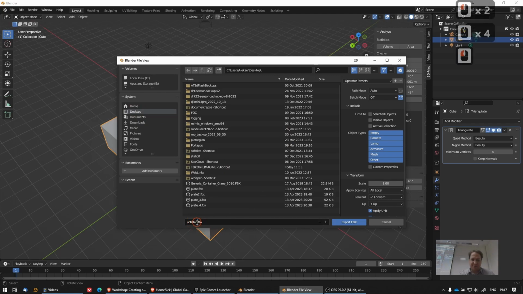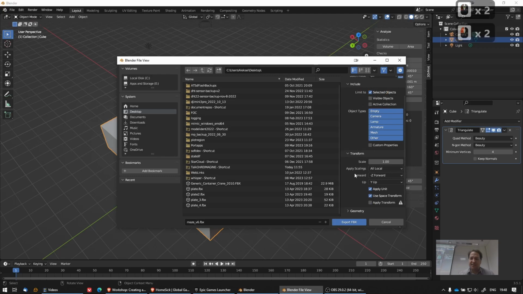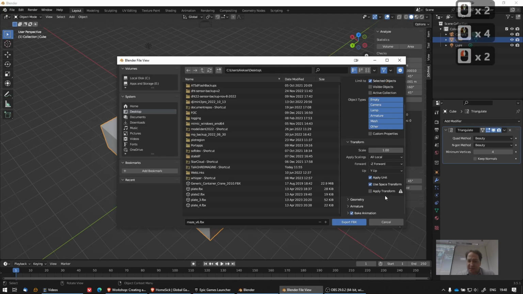Call it something like Maze version 6, I think. This would be FBX. And now important, choose here limit to selected objects in the export dialog. And then finally also apply, so apply transform, that's clear, but where's